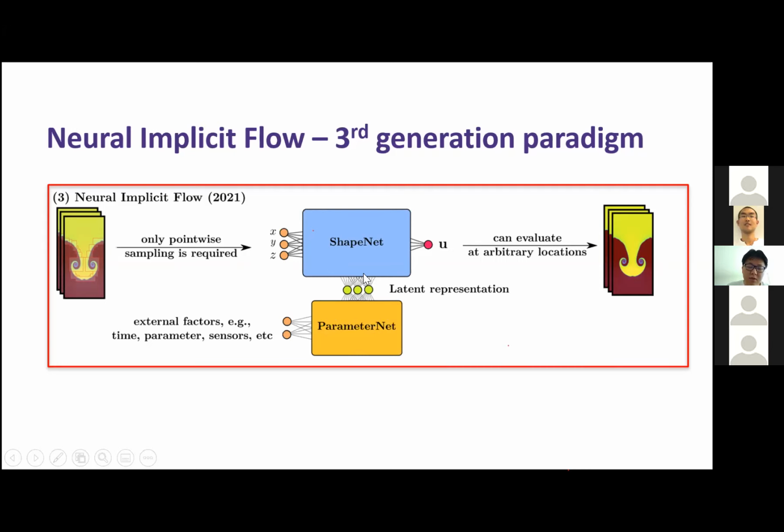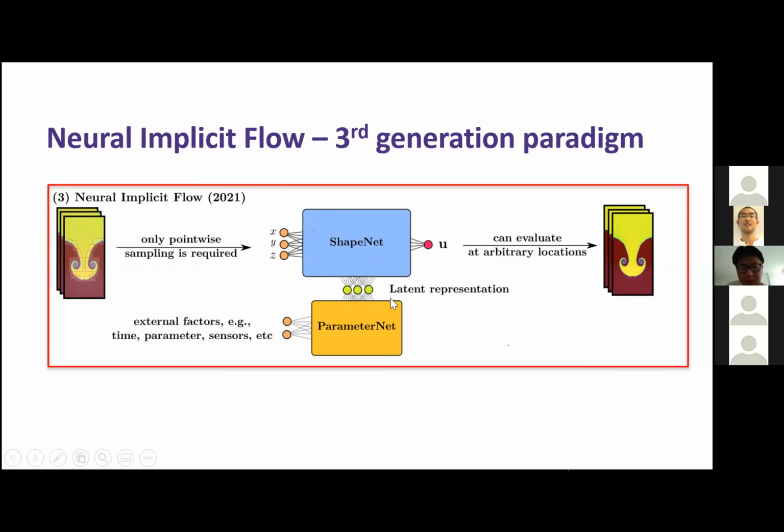So this is the other thing you need to optimize. Once you train this network very well, for example, if you evaluate this with all kinds of XYZ and you find the reconstruction is pretty similar to the original data, then the latent representation is basically hidden here. The latent representation basically tells you how to describe this spatial field at this time or this instance of parameter, because we're reducing the spatial degrees of freedom. So everything else should be embedded in these units right here.